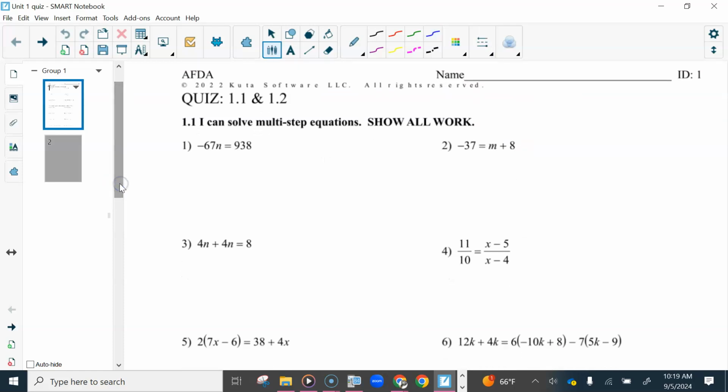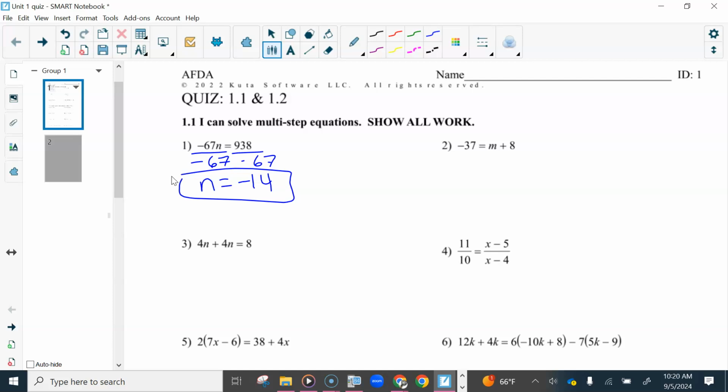So in number 1, a common mistake I saw is that we saw this negative 67 and we were adding 67. We should not have been doing that, just dividing both sides by negative 67. I think it was negative 14. One other thing I saw in general this class,